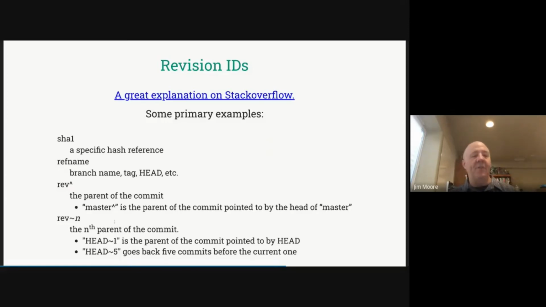Nice and easy. If you use the caret notation, you would have to go master caret caret caret caret caret to go back 5 revisions. So it's just easier to use the consistency of head tilde 5.